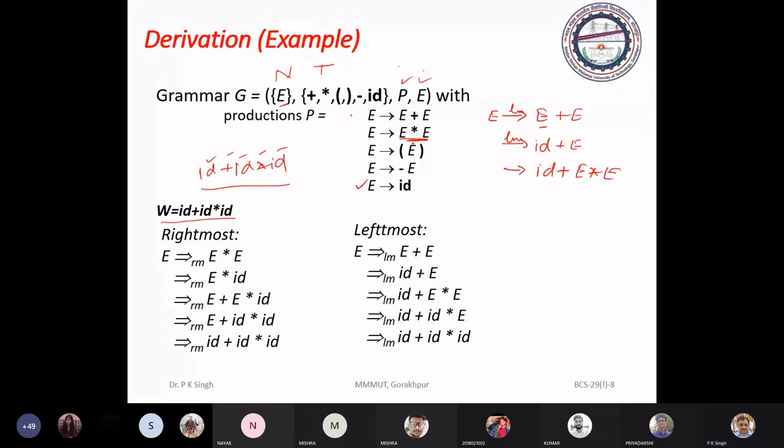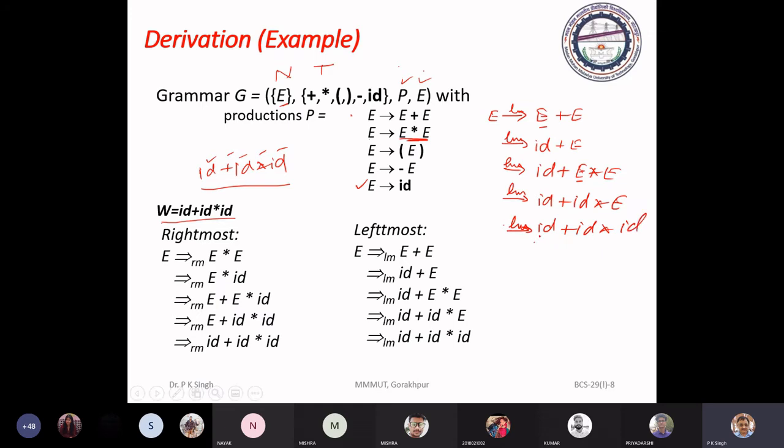Now the next leftmost non-terminal is this E, so consider ID plus ID asterisk E. Next, again the leftmost non-terminal is this, ID plus ID into ID.